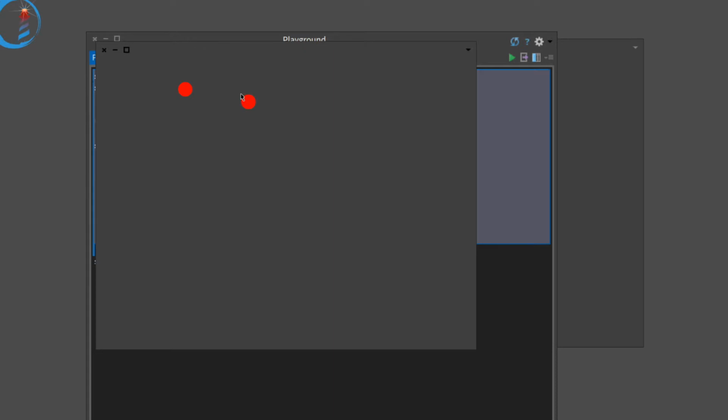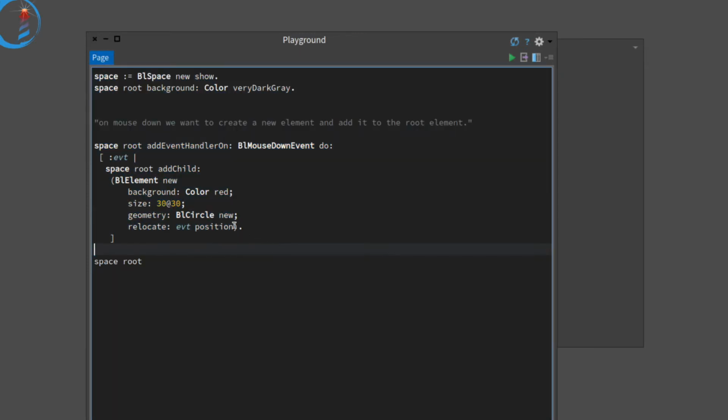So you can see that it's showing up, but it's showing up not centered, and that's because the position of our circle is based off of the upper left-hand side. So if we want to change that, we can just have the position be at half of the width and height, and that'll give us the center. If this looks a little weird,